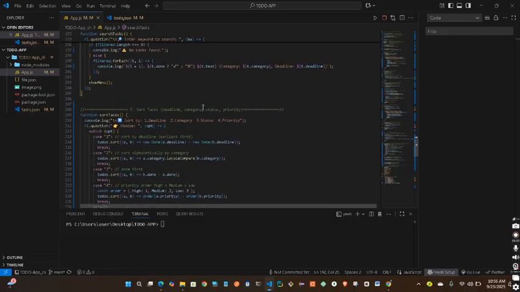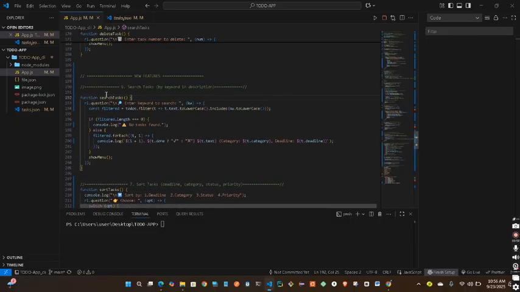So let's just jump into it. For this function here, I've already explained so much using comments. The function will search tags by keywords. So for instance, now, let me just